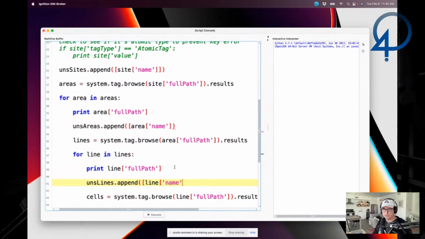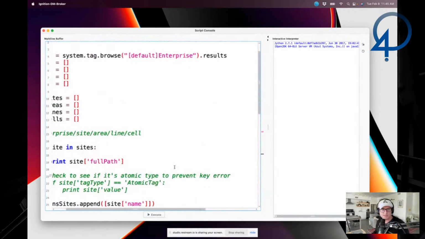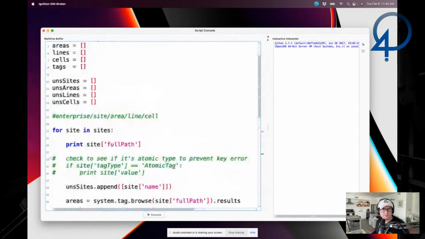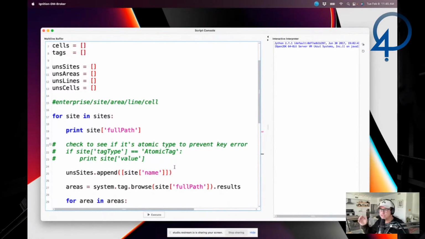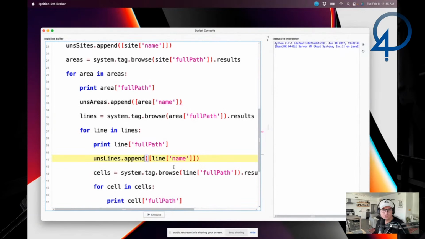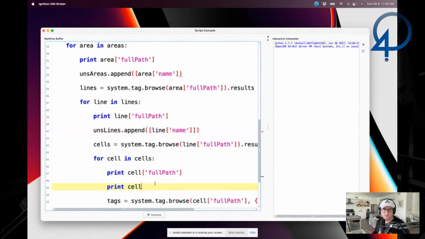And this might look a little weird because the lines are really named the same, but that's okay. We could do the full path if we wanted to, and that'd be really easy to switch at the end. But all right, so there's the lines. We could do a two-dimensional data set and have the line in the cell, or the name and the tag path. So UNS lines, all right, UNS cells,